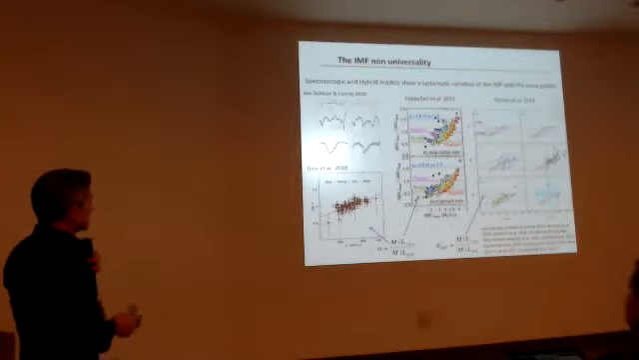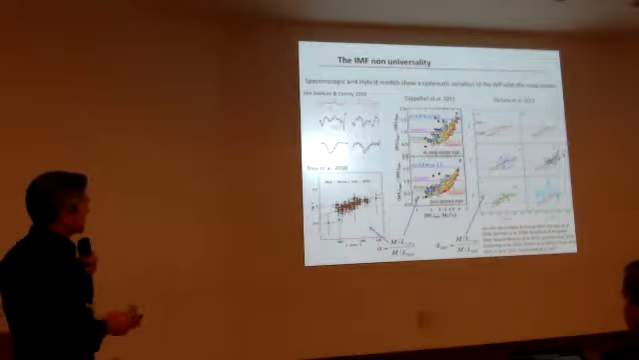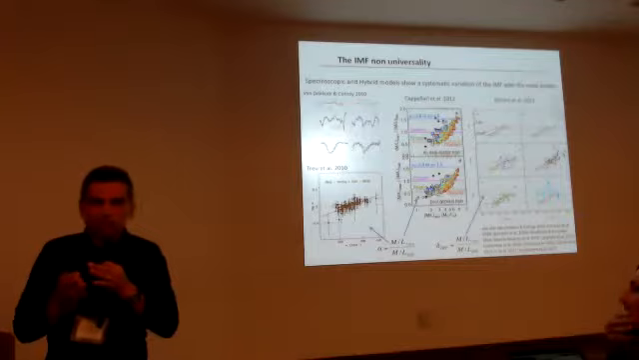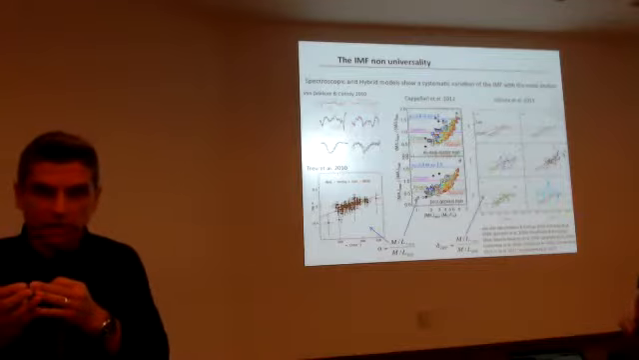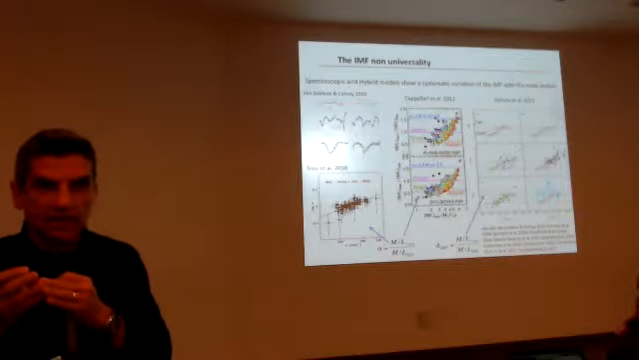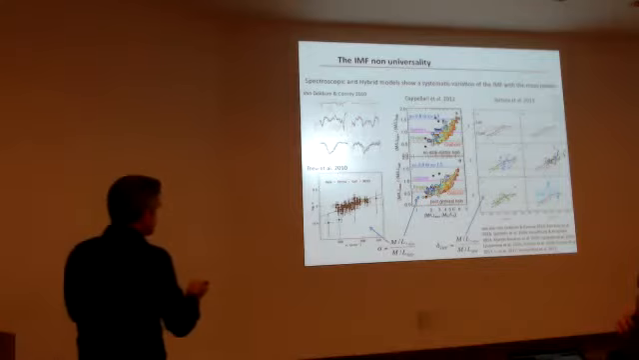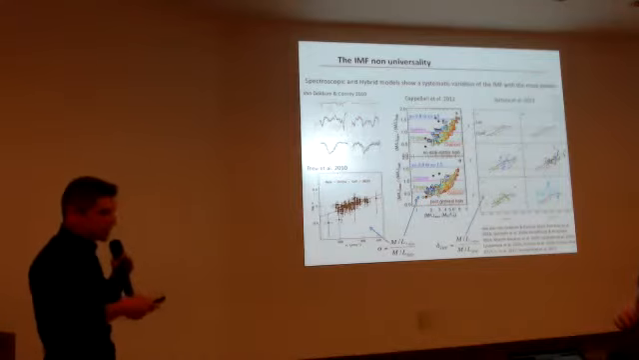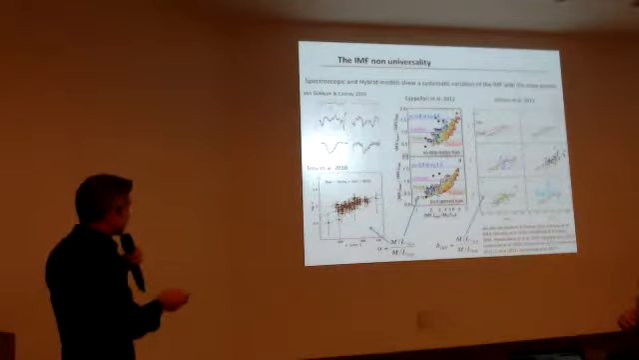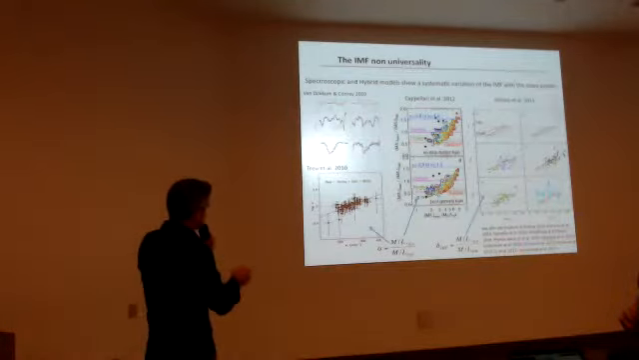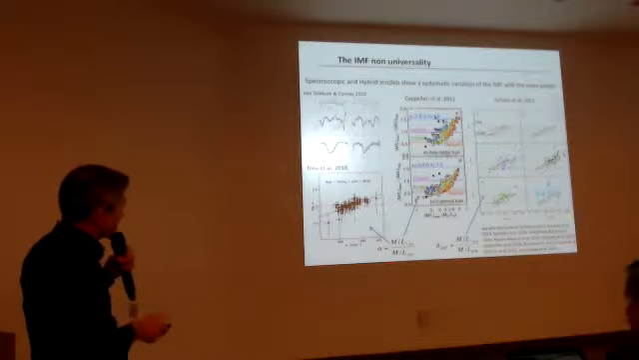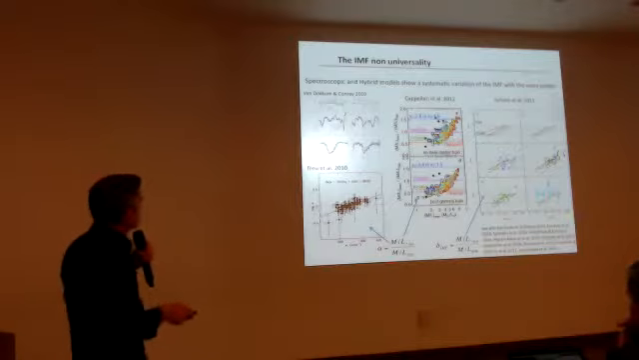Okay, then we have the problem with the universal IMF. So the dark matter fraction changes with mass, but the IMF also changes with mass. So it means that probably what we are seeing is just an effect of the IMF change. Here we have the results on the variation of the IMF, which can be measured by this